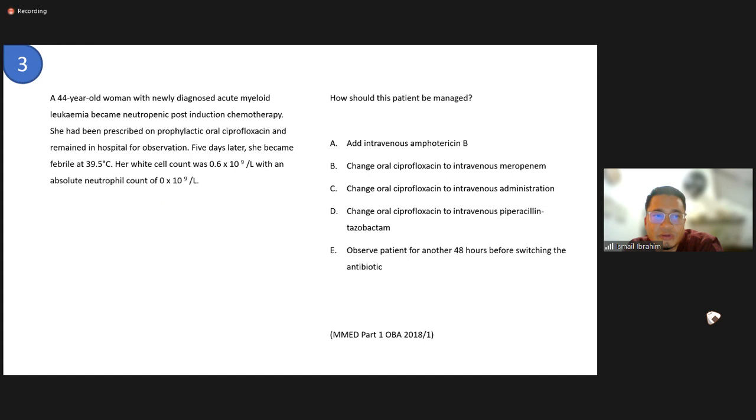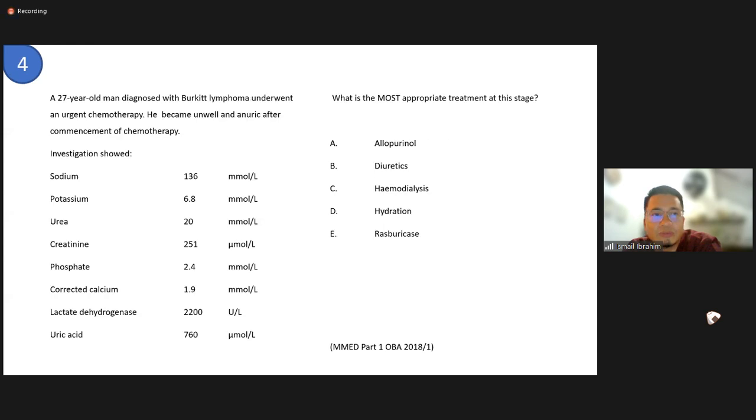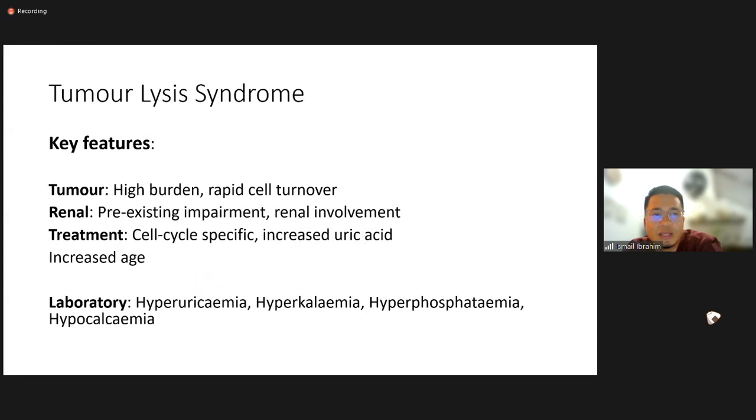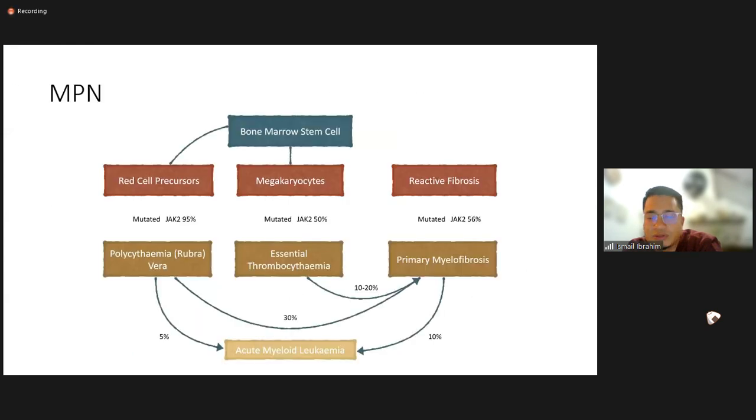Now, the next question is a 44-year-old woman with acute myeloid leukemia. So I think this is for brain treatment, so we can skip that. For TLS, we have another session about that. So another